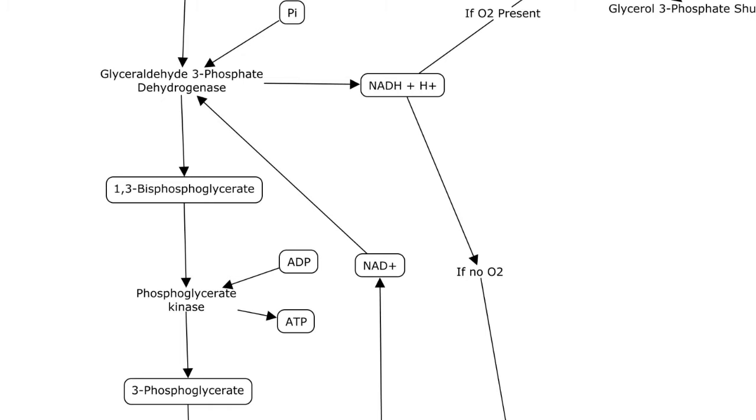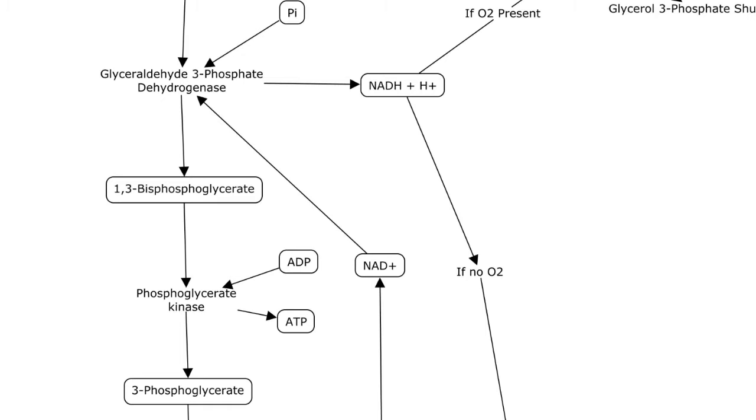So you can see here that our substrate glyceraldehyde 3-phosphate is going to be oxidized, which means it's going to lose a pair of electrons and become 1,3-bisphosphoglycerate, and in the process it's going to transfer a pair of electrons in the form of a hydride anion to NAD plus, which you can see coming in, with NADH and an H plus coming off. You've also got inorganic phosphate coming on,